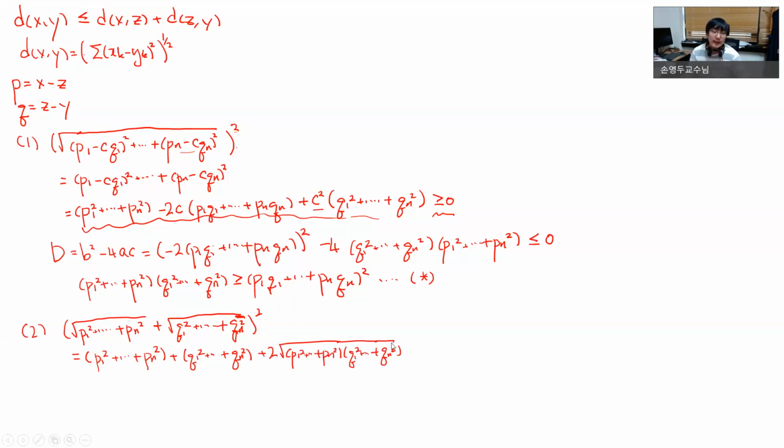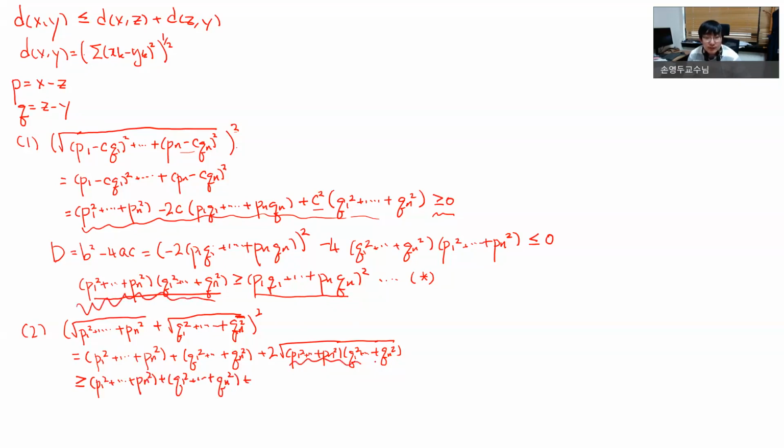Okay, and by this star, this one is greater than or equal to this one. Okay, so this one is greater than or equal to